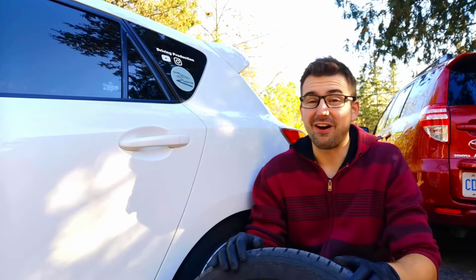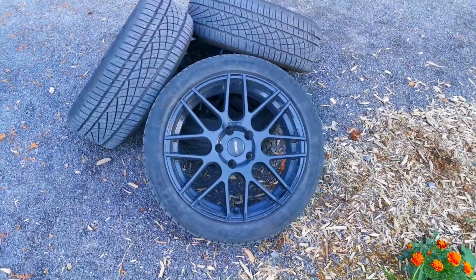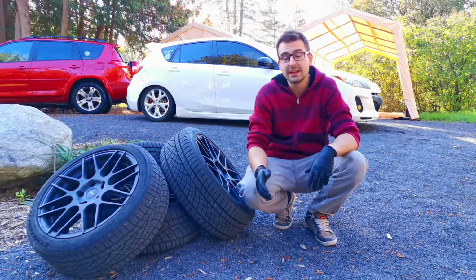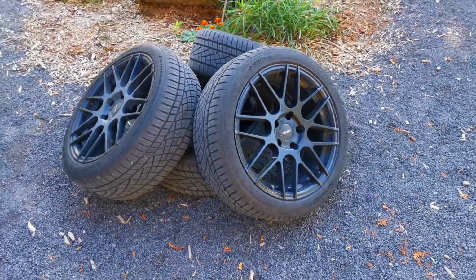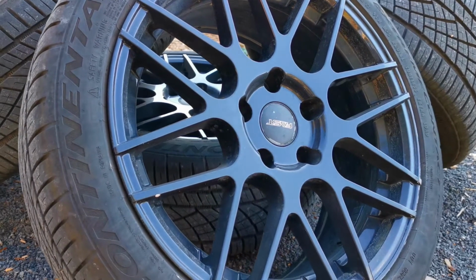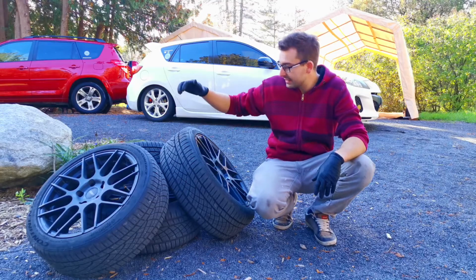In today's episode, we're going to be putting some new wheels on the Mazda 3. So I got this set of wheels used. The wheels themselves are Fast Wheels. They are 7.5-inch wide, they have a 35mm offset, and they are 17-inch. The tires on them are Continental ExtremeContact and they are